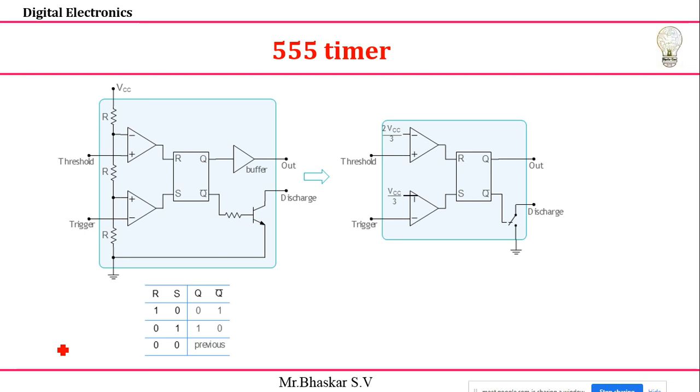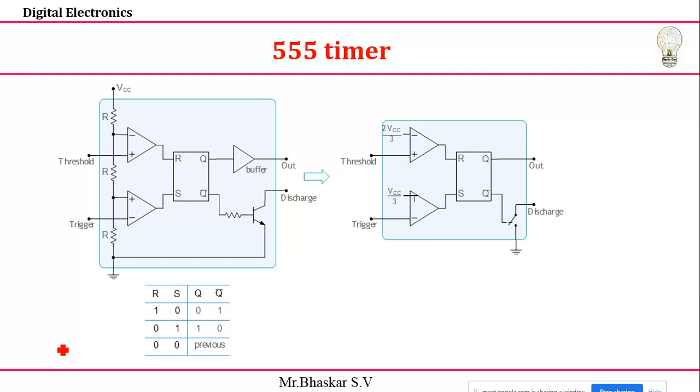For an astable or monostable multivibrator, we are just going to connect one resistor and capacitor, or two resistors and a capacitor, externally. That's all. So these are all the internal structures of your 555 timer. Actually, this 555 timer is available in IC form. We'll show that one, what the IC is and what pins we have.